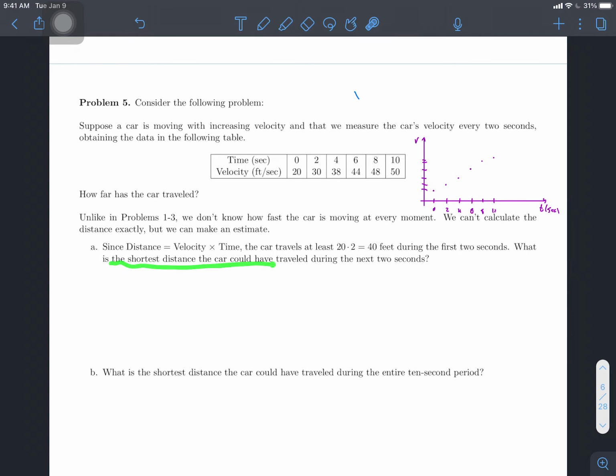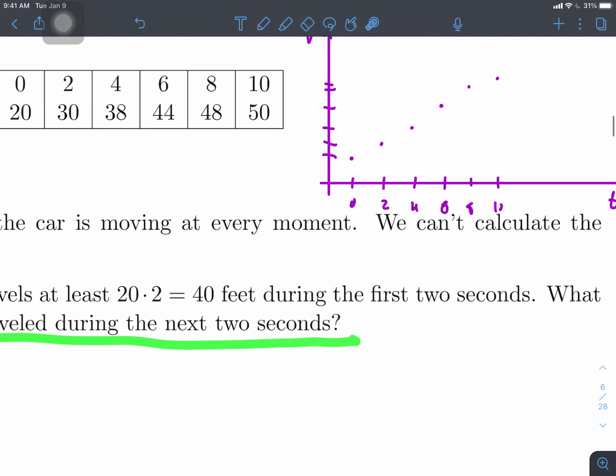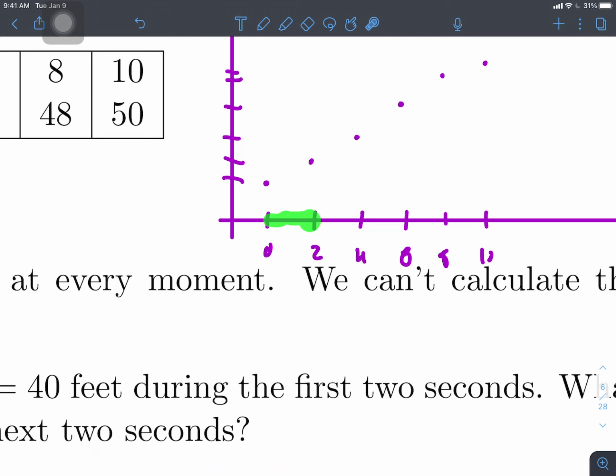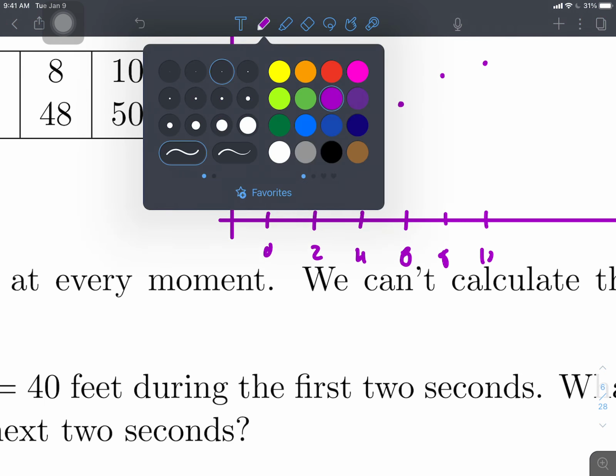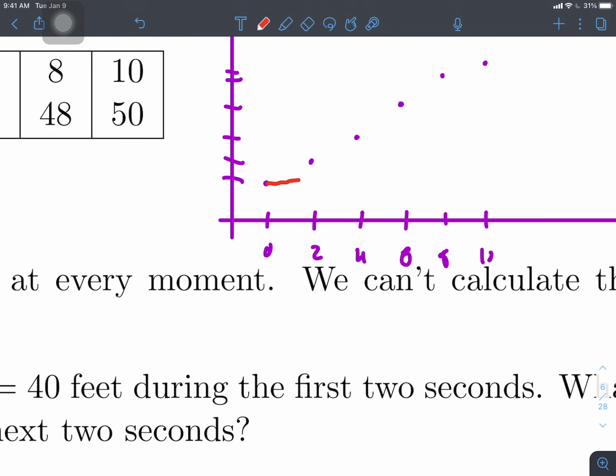So what is the shortest distance that the car could have traveled in this first subinterval? Well, the slowest that the car is driving in that subinterval is 20 feet per second, right? So the slowest that the car could be going would be like this, right? But more likely the function looks something like this, right? The car is steadily increasing in speed. But we know that the area underneath this pink curve is going to definitely be more than the area underneath this red line. Okay, so the underestimate,